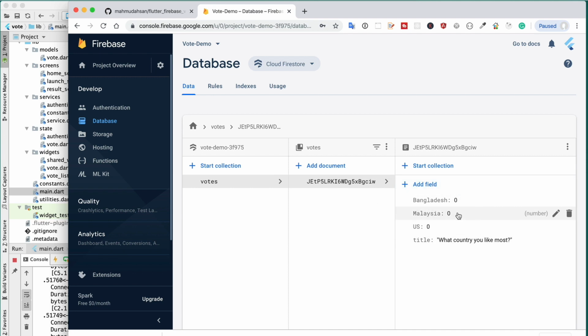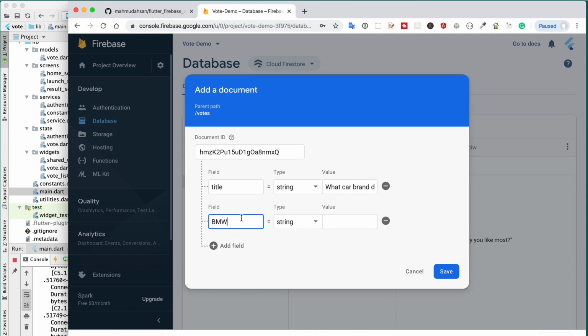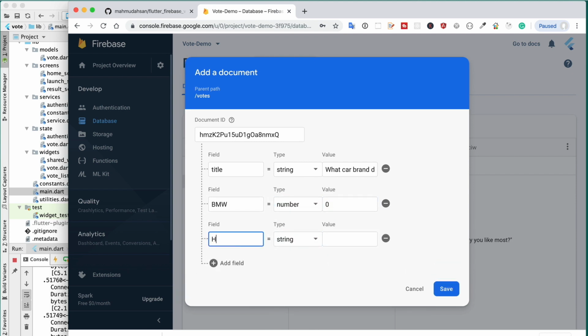So basically when a user marks a country as a vote, it will be updated here in the number field. Let's create another document. In this case I also use the auto ID for a random ID, and for the field, it will be title, and the value will be what car brand do you like most, and add some fields, suppose BMW, then number 0, then type Honda, save number